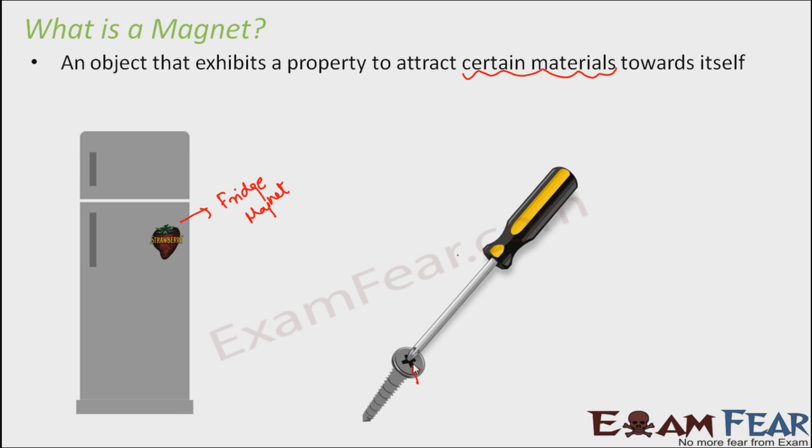Just try it out yourself. Bring some iron nails near the tip of a screwdriver, and you will see that the nails tend to get attracted towards it. These are some very common examples of magnets. Try to observe them and see this beautiful property of magnets. This will help you to understand what